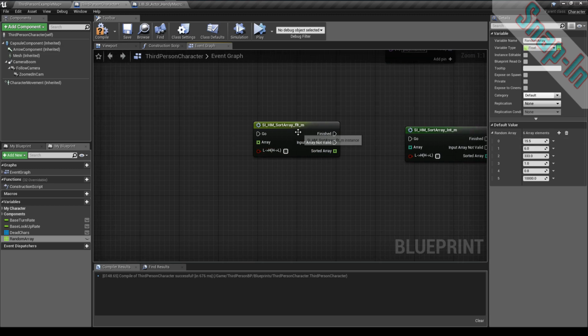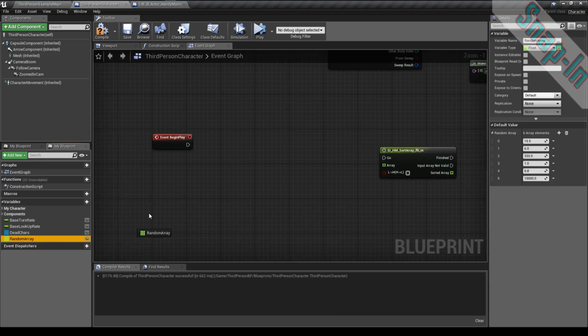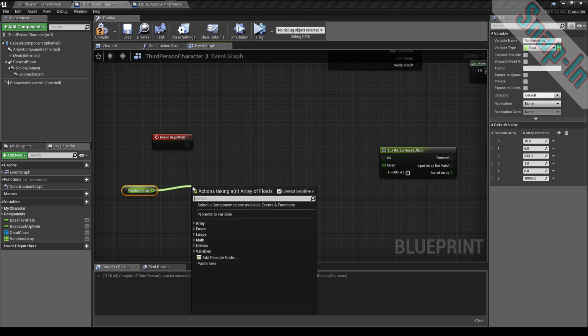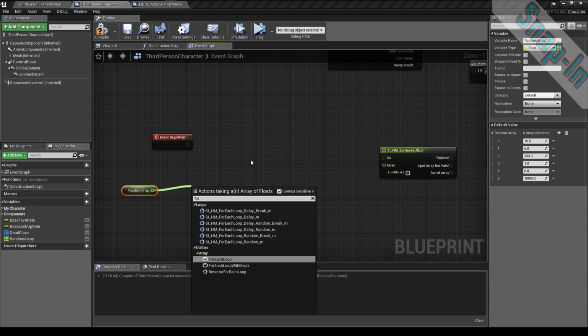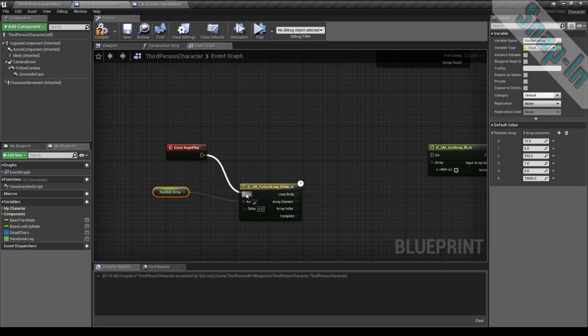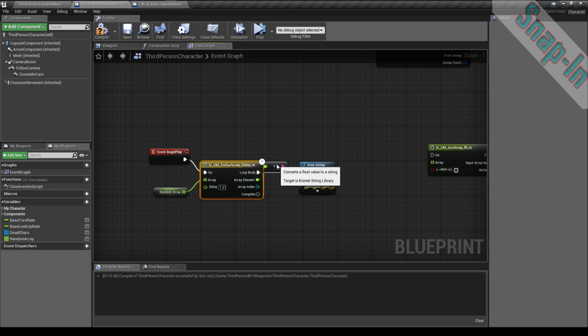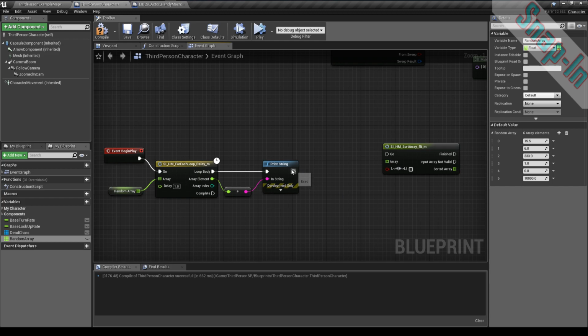Okay, so we had a bunch of values there, and then we want to actually sort those out, so you can see they're not in order. Event begin play. I'm going to grab that random array, and then I'm going to do a for each loop. I'm going to use one of our delays, just so we can see it clearly. So every 1 second, it's going to print the value. So this will give us the unordered value, the current value that's here. And then we'll